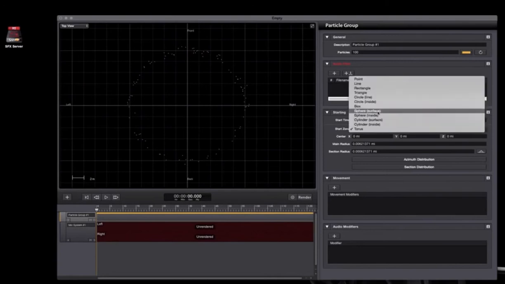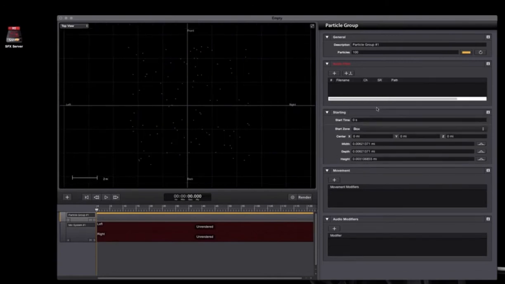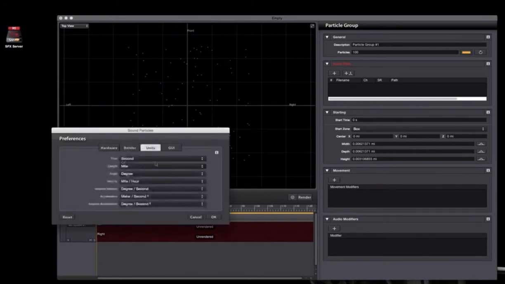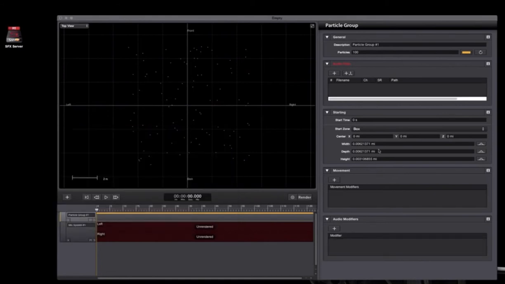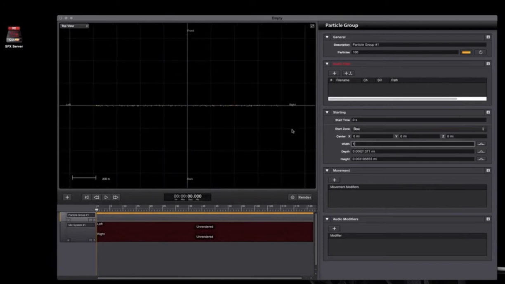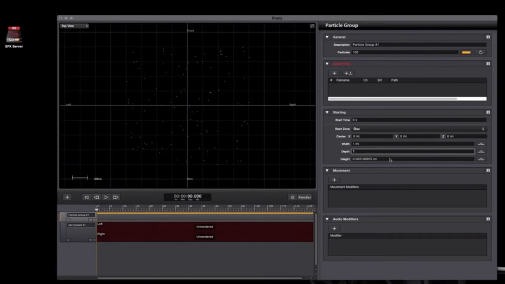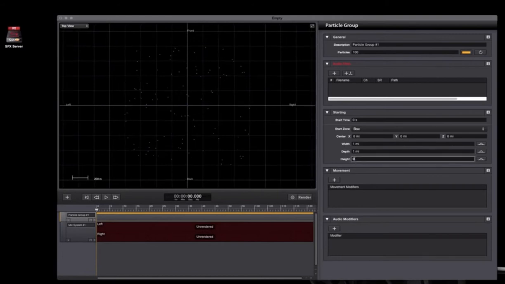In this particle group, I'm going to set it up as a box, and I can set my width distance measurement to be miles inside of my preferences. So preferences will show your units as whatever you want them to be, so I can shift it from yards to miles. Let's make this a 1 mile width with a 0 height. Everything's going to be ground level. Well, we'll call it